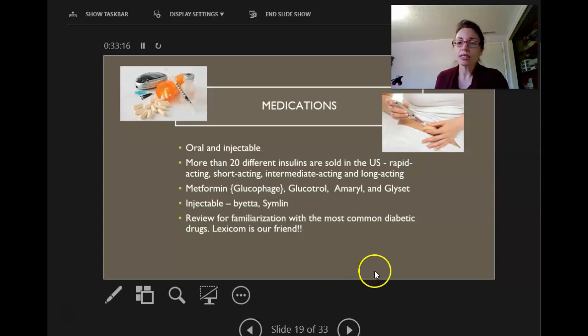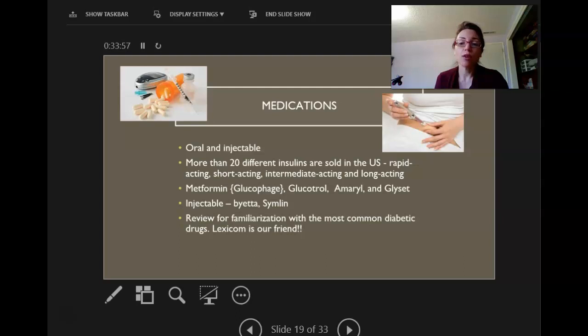So, medications. Insulin may be injected subcutaneously with an insulin syringe or a pen-like device. Insulin pumps are widely used to deliver a programmed steady drip of insulin under the skin for 24 hours a day. Patients with type 1 diabetes often use a pump. The push of a button on the pump delivers a bolus dose to respond to the number of carbohydrate grams consumed at a meal. So it's kind of like a smart device for their insulin.